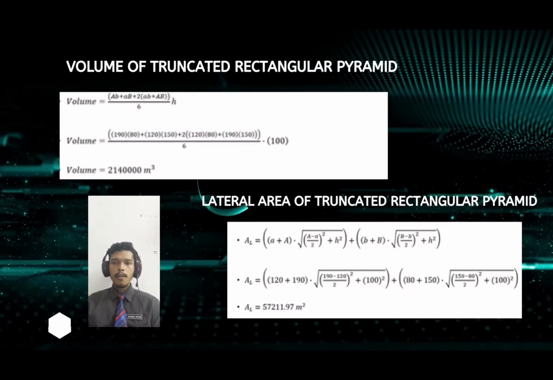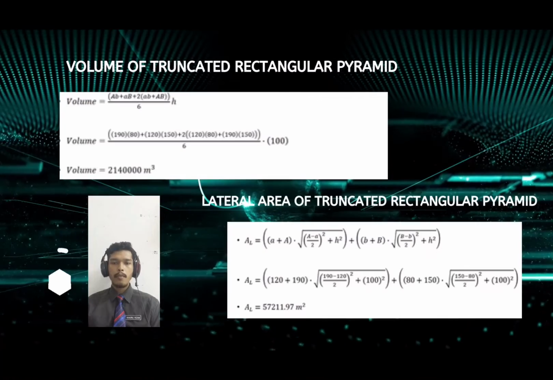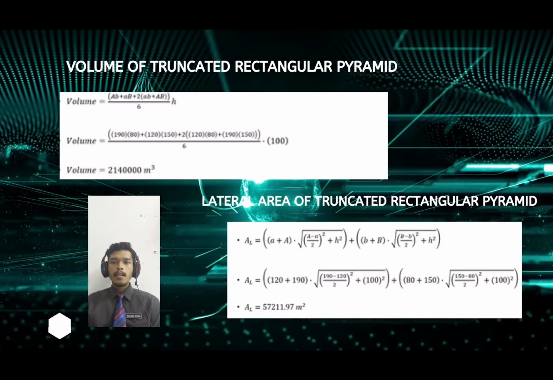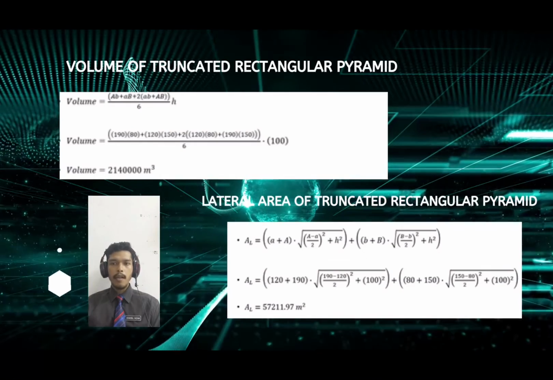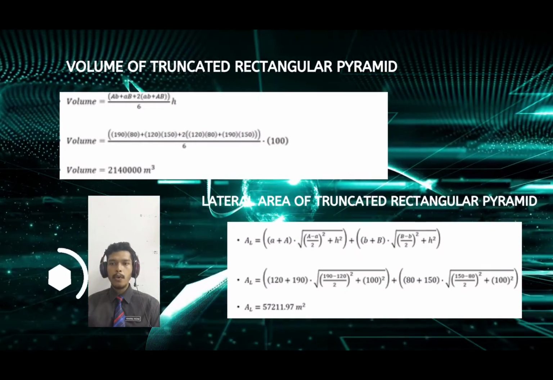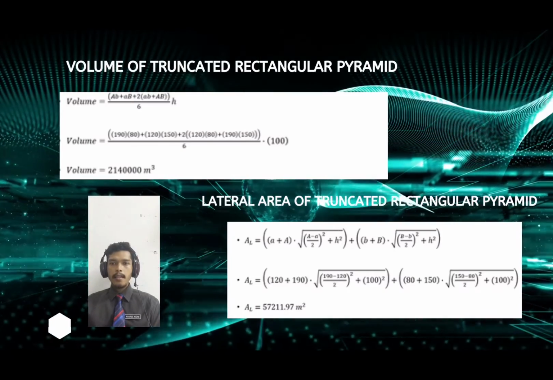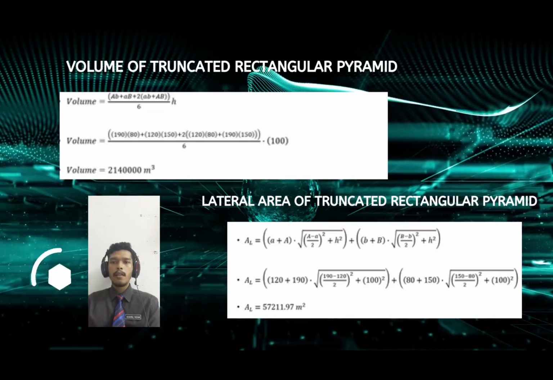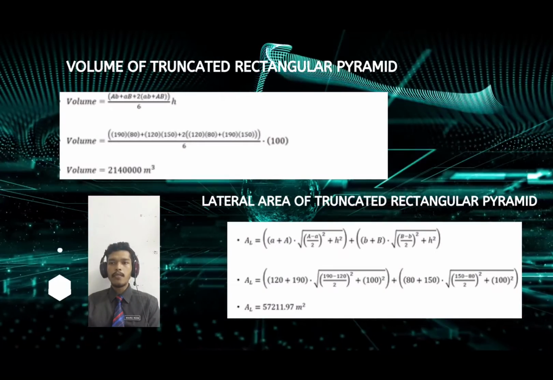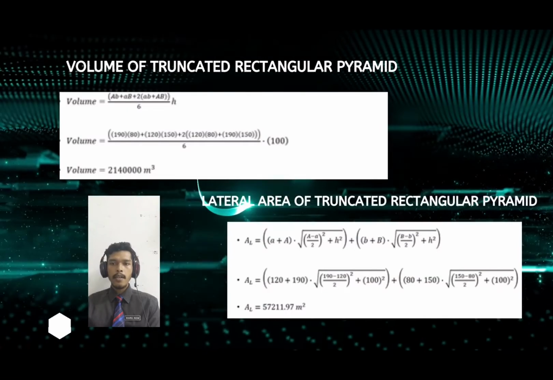We can find the volume of a truncated rectangular pyramid by using this formula. So we get the volume of this truncated rectangular pyramid is 2.14 million meters cubed, and this is the formula to find the lateral area of a truncated rectangular pyramid. So we get the lateral area is